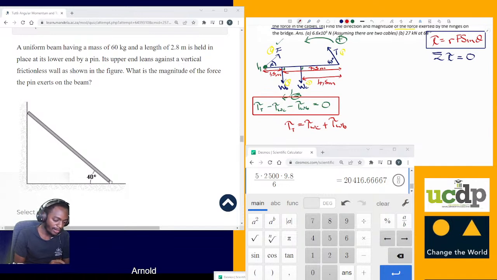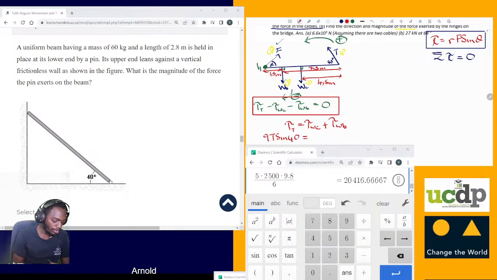So our r from there to there, 7.5 plus 1.5, is 9. So that is going to be 9 T sine theta, which is sine 40, equals